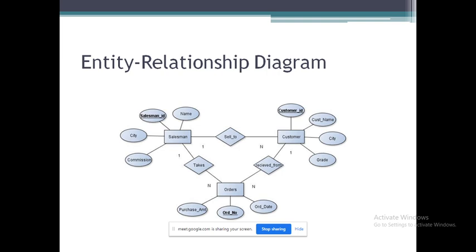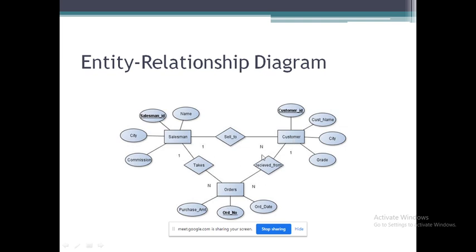When we say entity type name, you should not use plural things like customers; we will write only customer or salesman. But here I cannot put order because order is one of the keywords. That's why I'm taking it here as orders. And then how are these related? So salesman, he sells some items or products to the customer, and salesman takes the order and customer receives the order.